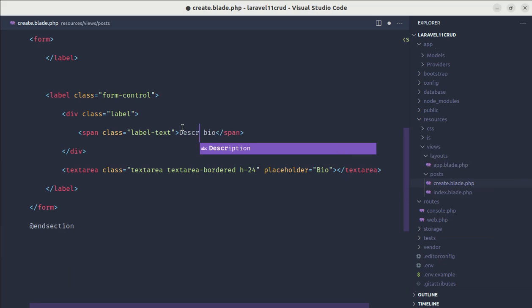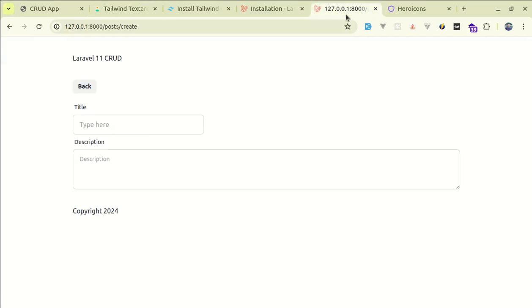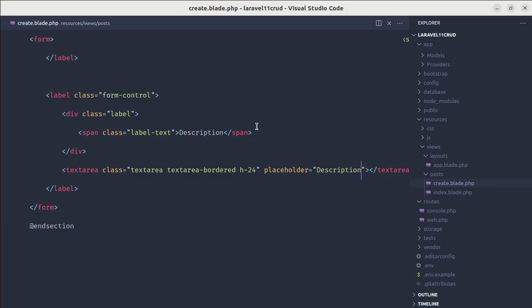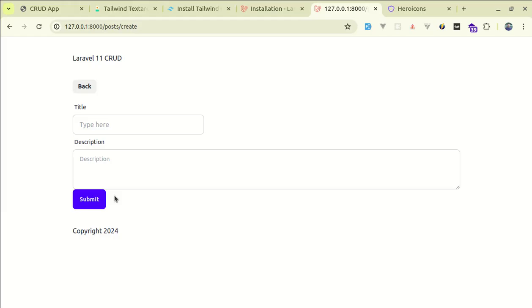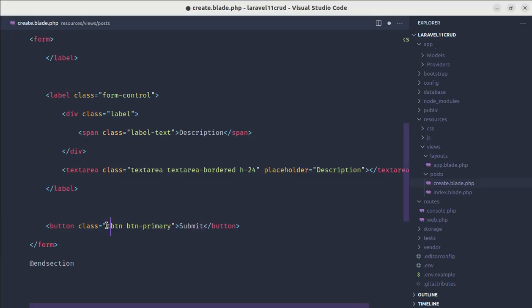So let's change this to description, and this is description, and this is working. And finally, let's add the submit button. So after this, let's add the button called btn primary. Let's give it a name called submit, and let's keep some margin top,